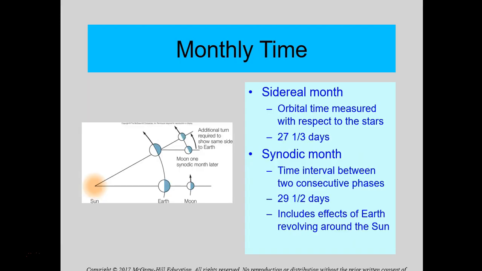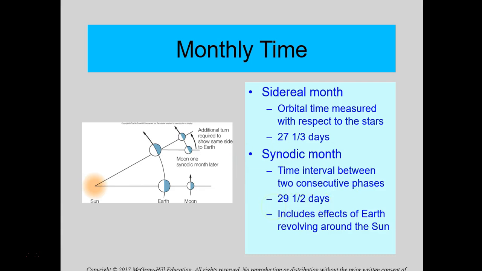Similarly, we can talk about a month being measured as how the moon moves around the Earth, and the moon moves around the Earth very similarly to how the Earth moves around the sun. If we measure the sidereal month of the moon, the amount of time it takes for it to rotate and get back to where the same face is showing to the stars, then that takes about 27 1/3 days. If we instead measure the amount of time between consecutive phases, then we get about 29.5 days, and this is about the time that we usually refer to as a month, 30, 31 days,